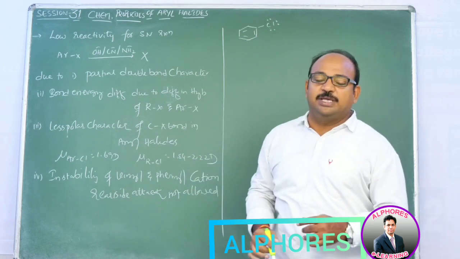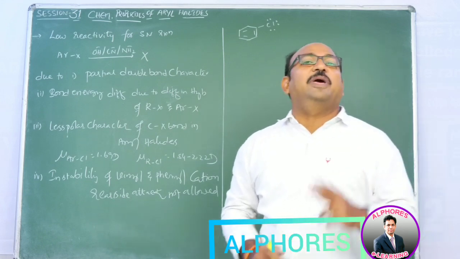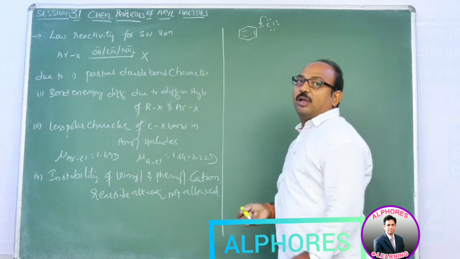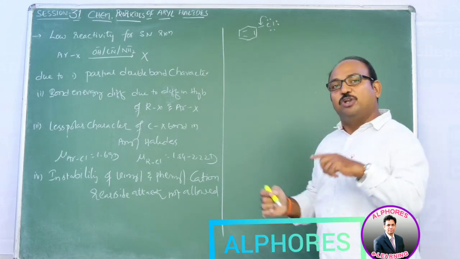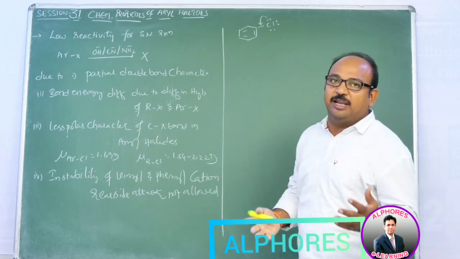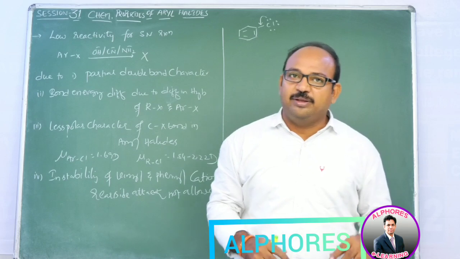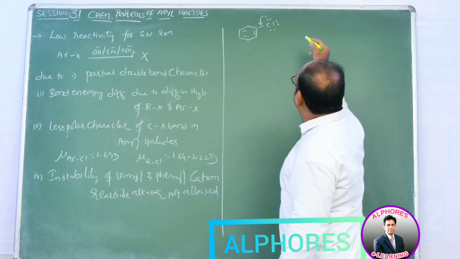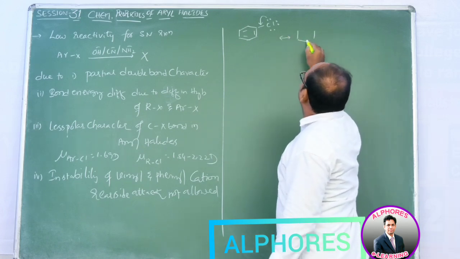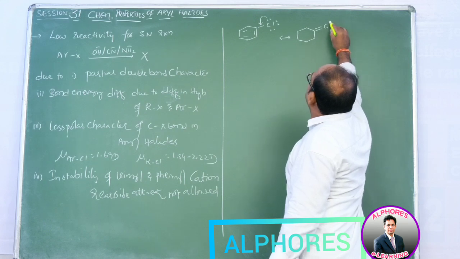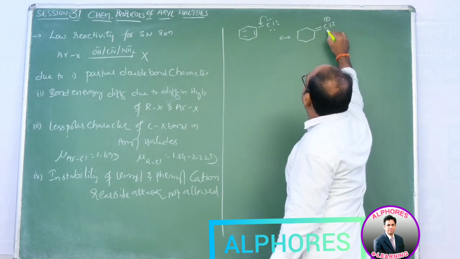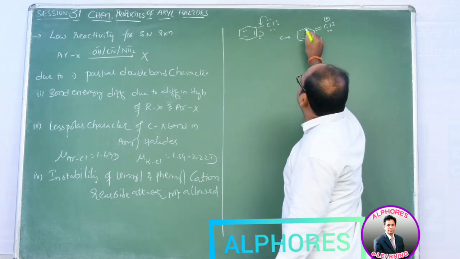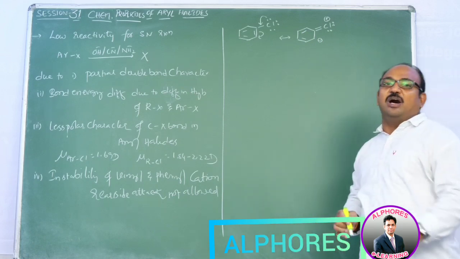In case of chlorobenzene, chlorine has 3 lone pairs of electrons. Now, the chlorine lone pair is going to take part in resonance with the ring. As we learned in the previous session, chlorine is ring activating, its lone pair participating in delocalization over the ring. As a result, a new pi bond forms between chlorine and the ring carbon, and whenever this lone pair comes here, negative charge appears in the ortho position.